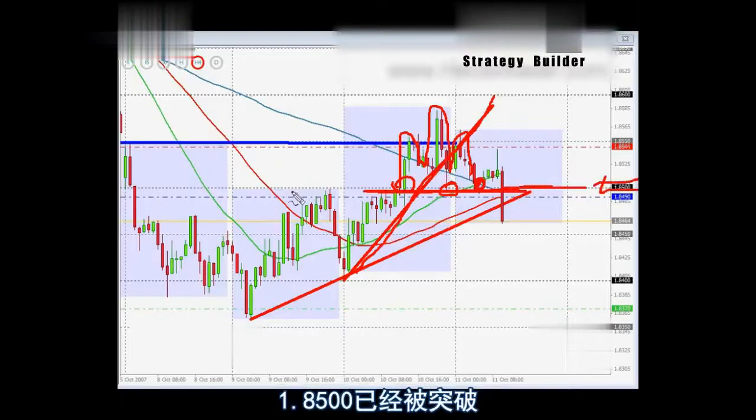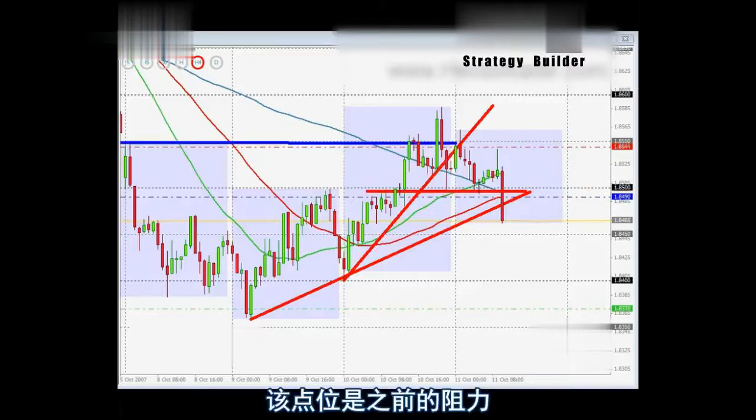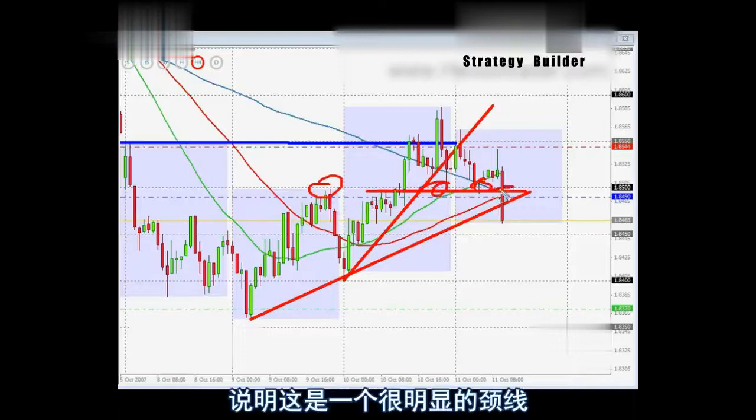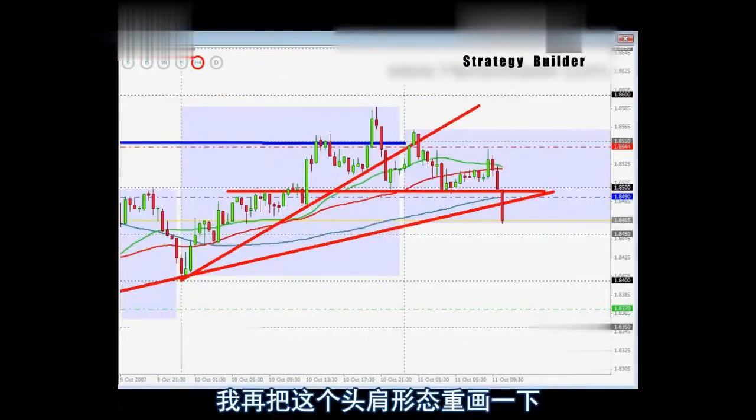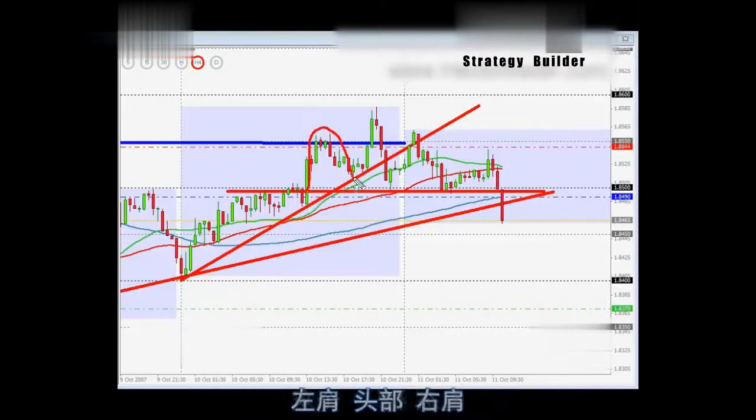All right, it's the level that was working firstly as resistance there, then working as support. Which obviously means that this is a very valid, very significant neckline for this head and shoulders formation. Let me zoom in a little bit to draw that head and shoulders more clearly. Left shoulder, head, right shoulder,